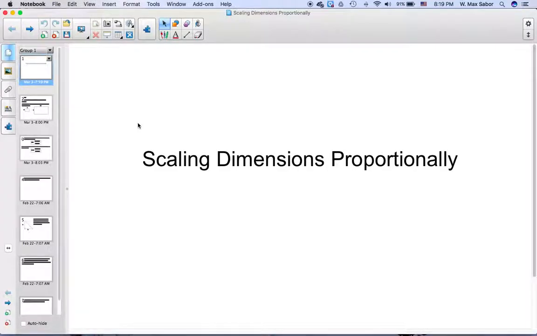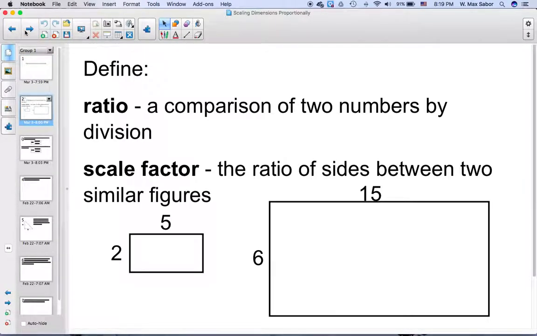Scaling dimensions proportionally. Today we're going to be talking about area and how it changes as you change side lengths. So we're going to go back to some definitions. A ratio is a comparison of two numbers by division. For example, if I have a bunch of dots,